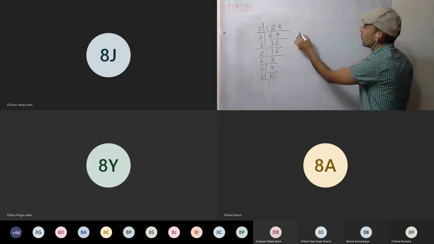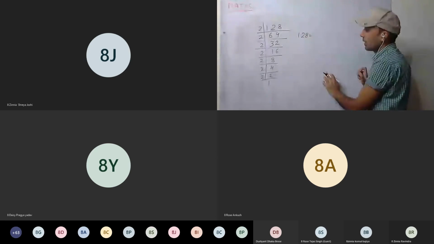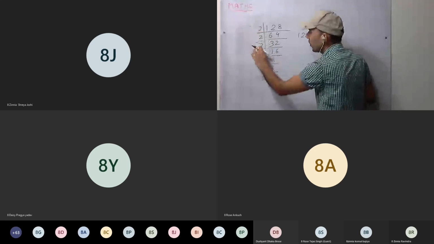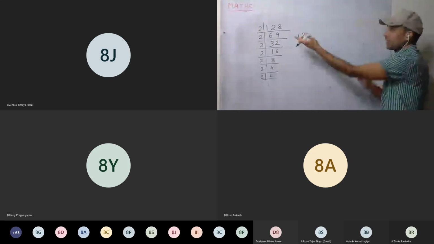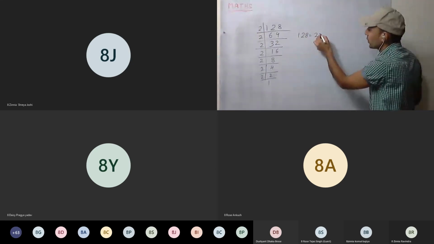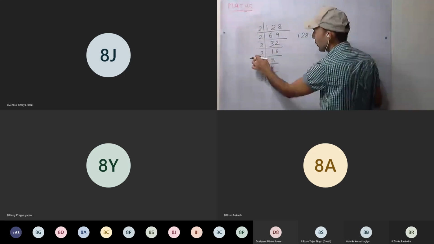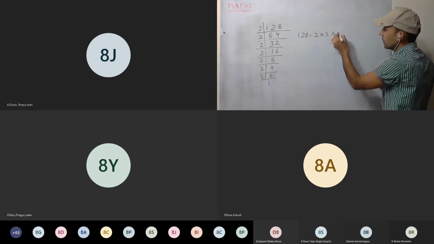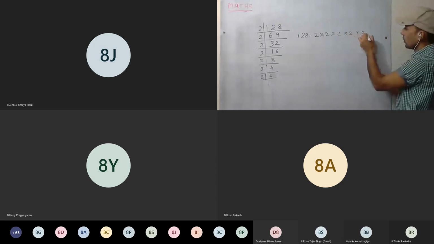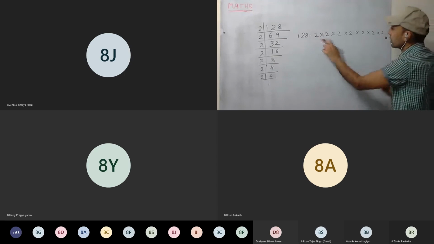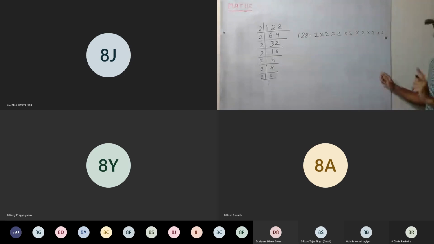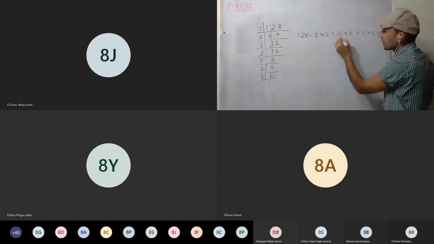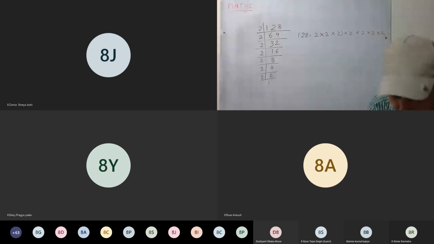Okay. So 128, how can we write it? Now here there is only 2, so we don't have to arrange. All the same kind of factors must be at one place, and here all are of the same kind. So how many 2s? 1, 2, 3, 4, 5, 6, 7. Seven 2s. Okay. Now I'll make the triplets. In square root we made the pair. Here, triplets.